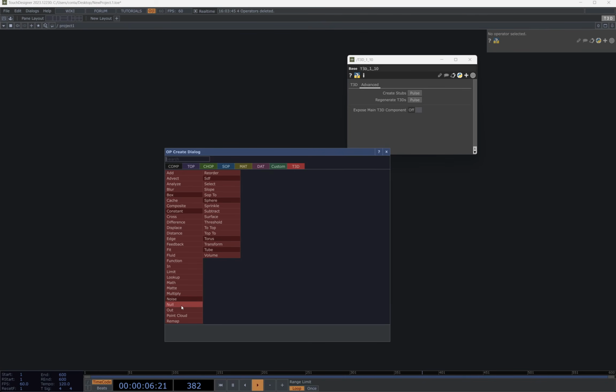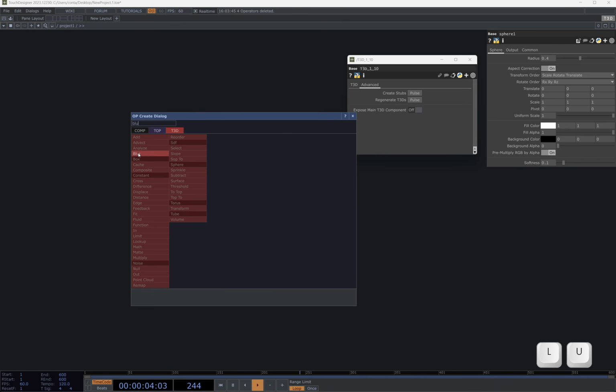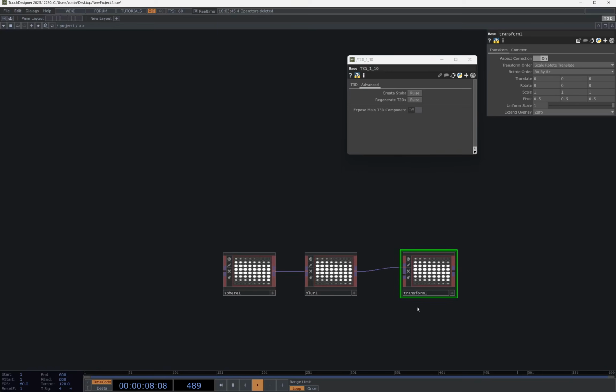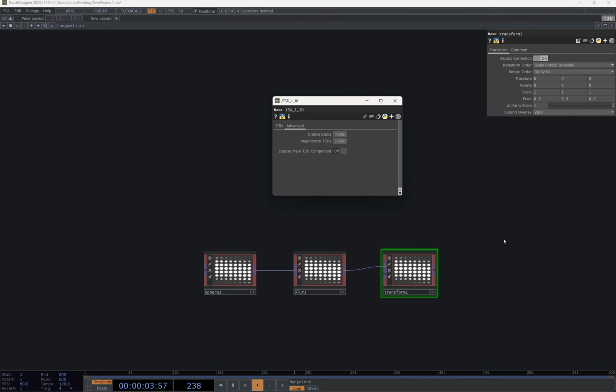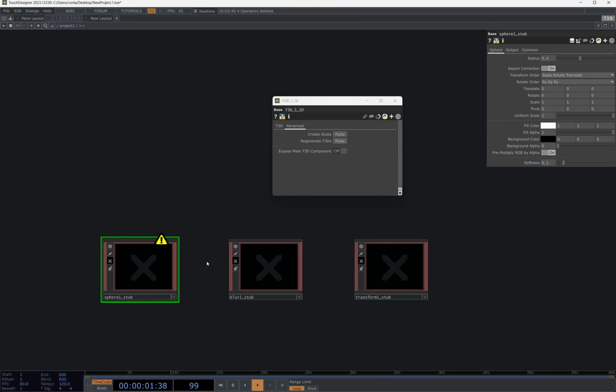But if someone has built any kind of network using T3D operators, let's build a simple one here: a sphere, a blur, and a transform. They don't do much, but I just wanted to have an example network. Let's say I want to distribute this project to people having access to T3D without distributing the T3D toolkit with it. What I can now do is create stubs, and that will replace all the